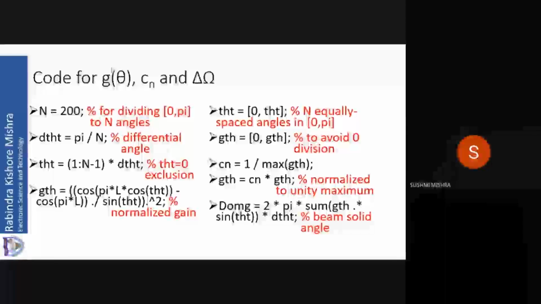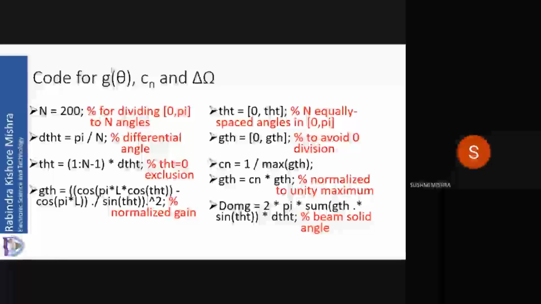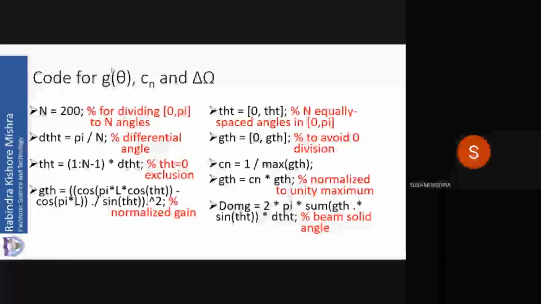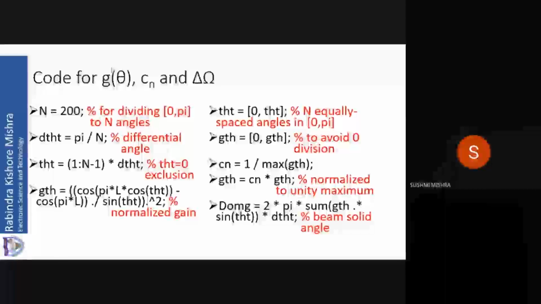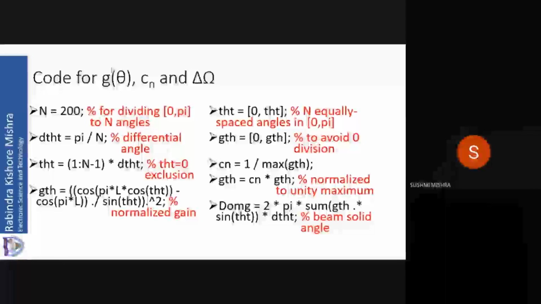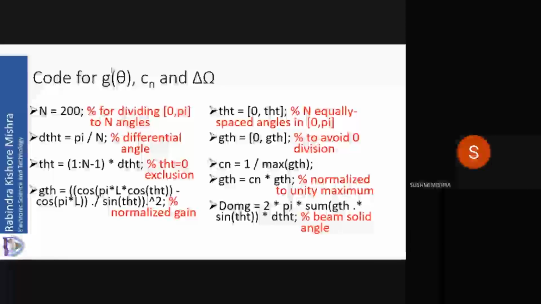Now if I include 0, it is not going to affect GTST. So I will include 0 in theta. So now I will do TST is equal to in square bracket 0 comma TST. So this gives me a column matrix in which the column matrix 0 is a 1 plus 1 matrix that is added to a 1 plus n minus 1 matrix. So 0 to TST. Earlier it was 1 to TST, now it becomes 0 to TST. So 0 to n, everything is taken. N equally spaced angles are taken in TST is equal to 0 to TST in square bracket.